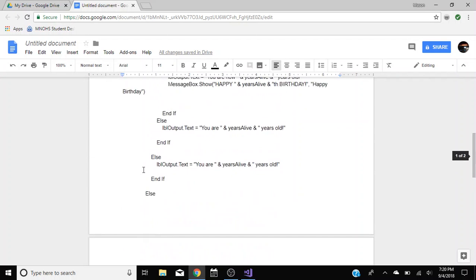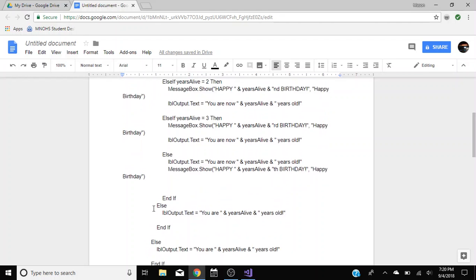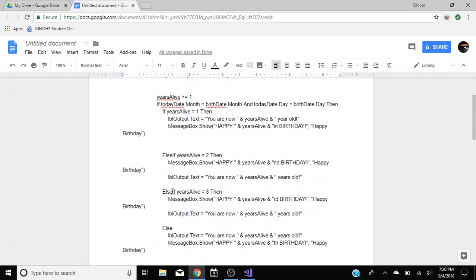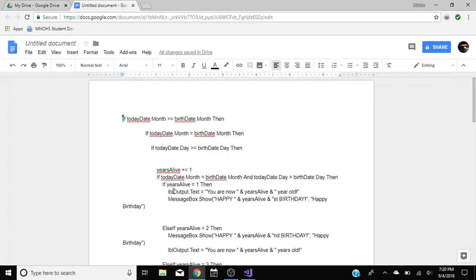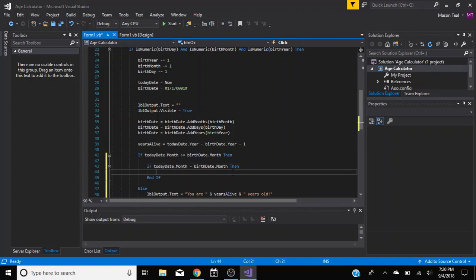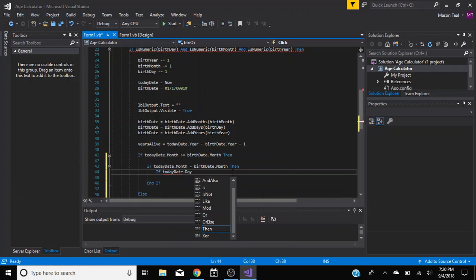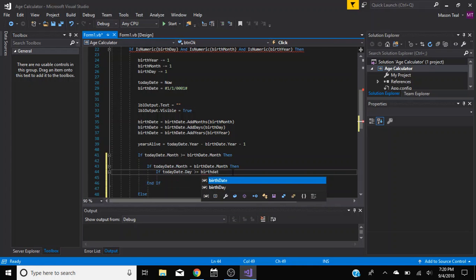It's just an End If. Okay. So yeah, I could copy and paste all this, but what's the fun in that, right? I'm going to add an extra space there. Okay. So then if todayDate.day is greater than or equal to birthDate.day,